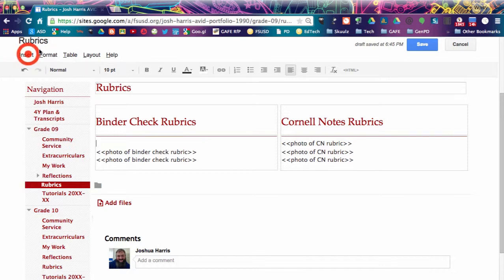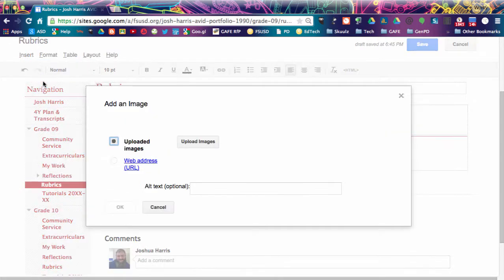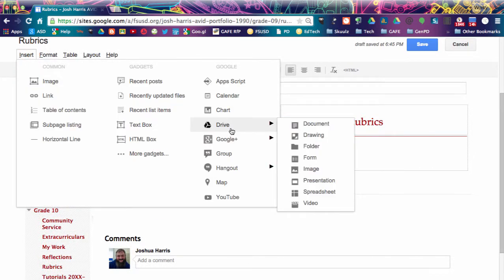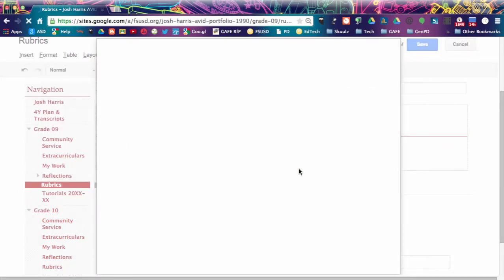So I'm going to delete that first one, insert. If I use the first image, I have to have it on the computer, or I have to have the web address. So I'm not going to insert from there. If you took the picture and put it in your Google Drive, you go Insert, third column, Drive, come down about halfway, Image,